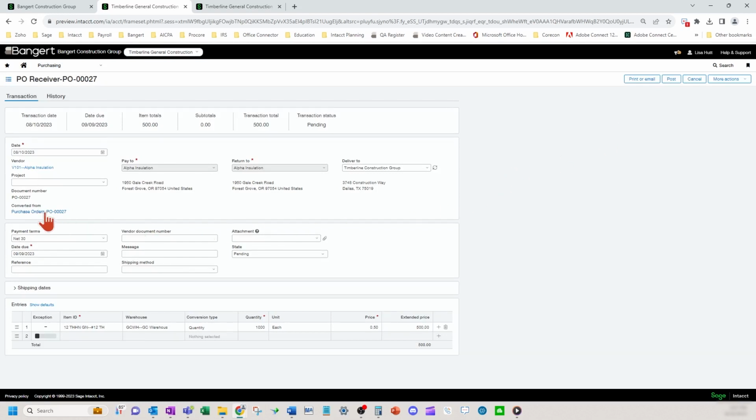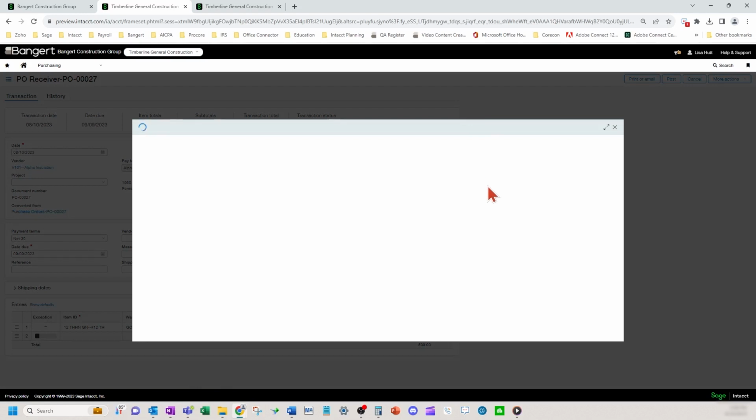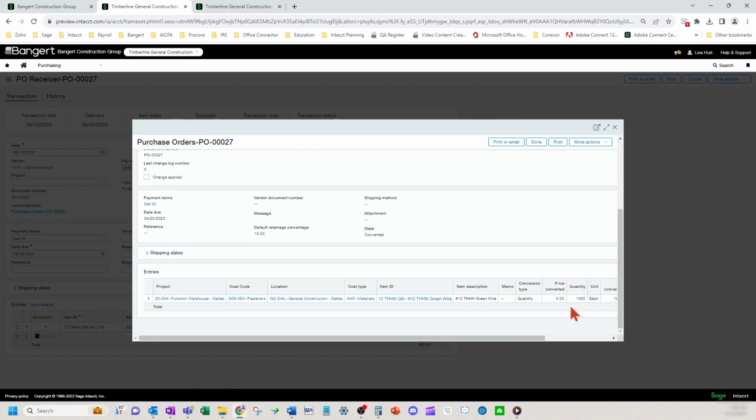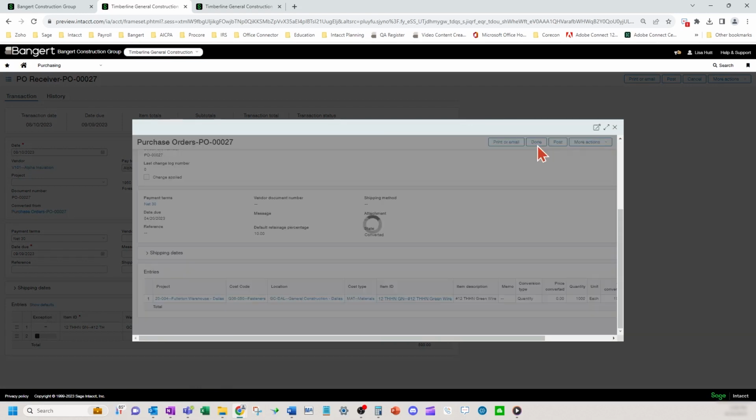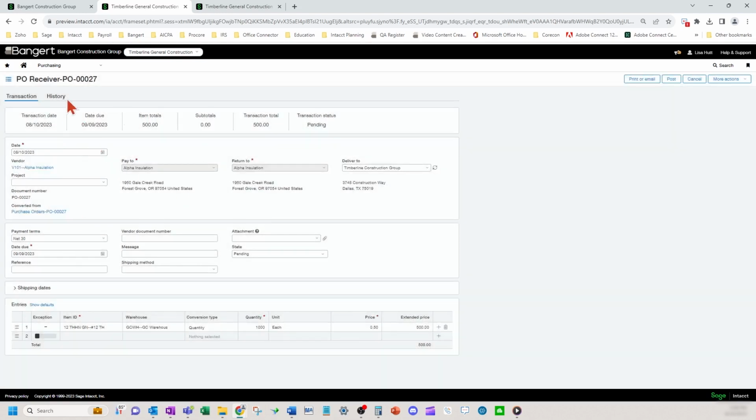Also, I just wanted to point out, let's say this said 900, but I want to look at the PO. You can do it right here and still stay on that same screen and see, okay, it was 1,000. Do some research by drilling into the actual PO from the receipt, and vice versa. I just wanted to point that out too.